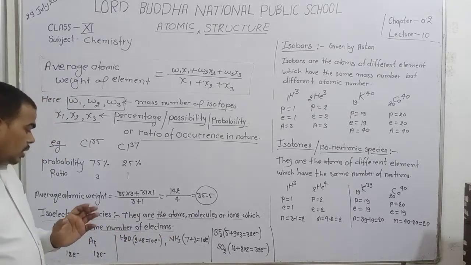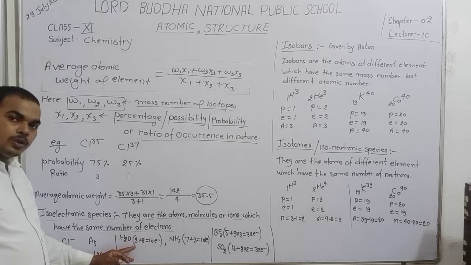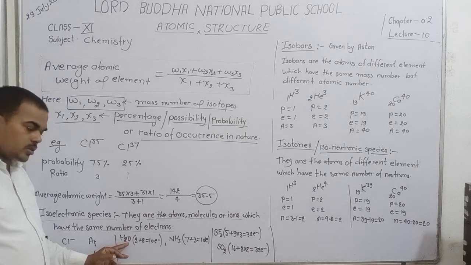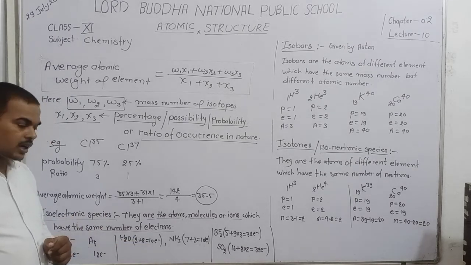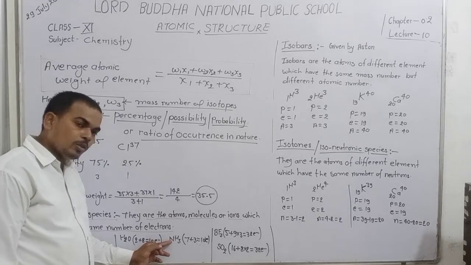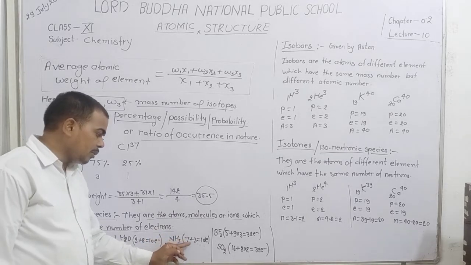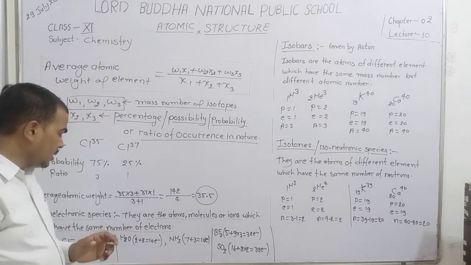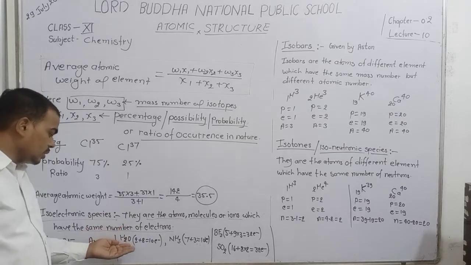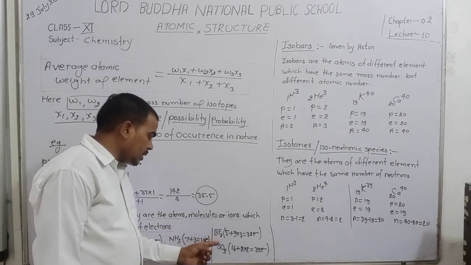Okay student. Now here, water and ammonia, H2O and NH3. In water the total number of electrons is 2 plus 8: 2 due to 2 hydrogens, and 8 because the atomic number of oxygen is 8, so 2 plus 8 equals 10 electrons. In ammonia, the atomic number of nitrogen is 7, so 7 electrons from nitrogen and 3 electrons from hydrogen. 7 plus 3 equals 10 electrons. Water and ammonia have the same number of electrons, so they are known as isoelectronic.